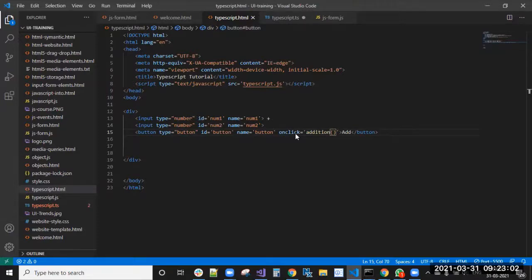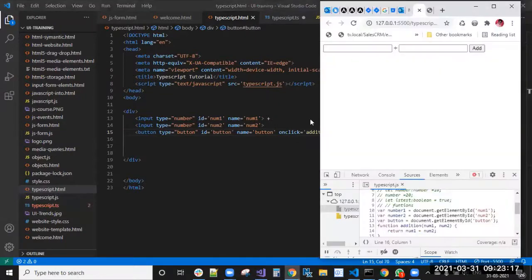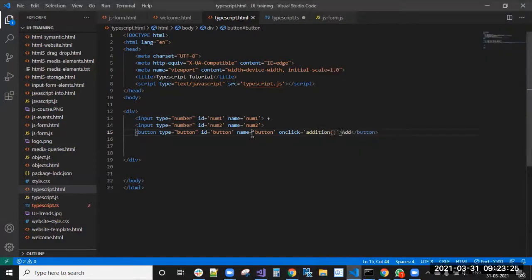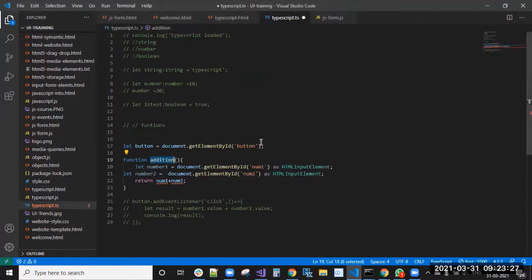We have the TypeScript.js file. Here you can see TypeScript.js. If that file is not there, you will get an error. That file is there, it is showing TypeScript.js, so it's not a file issue. Okay, so I have changed the function. Now you can see here return num1 plus num2.